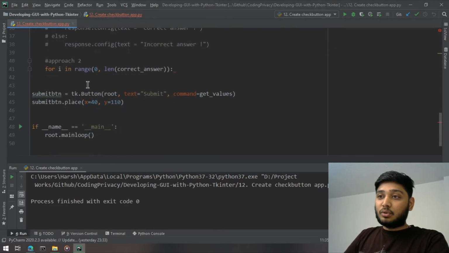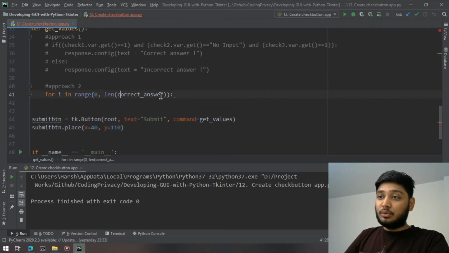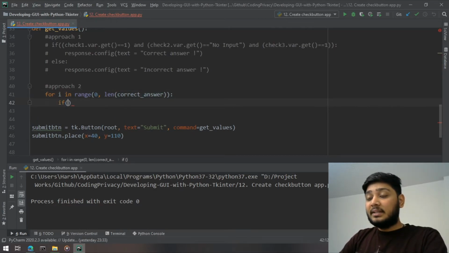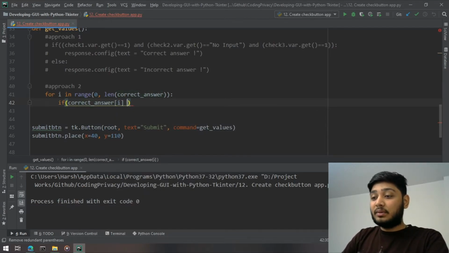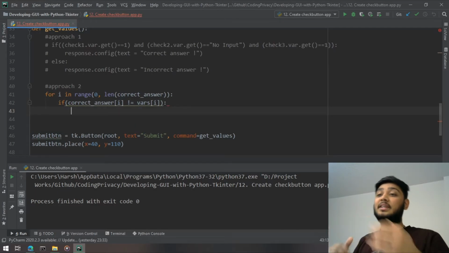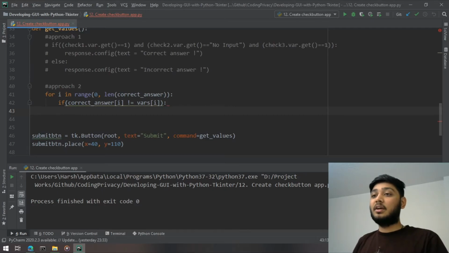While it's going from 0 to 2, if the correct answer's ith value is not equal to the where's ith value, we put the negation condition, because if both list values at the same index are equal, then it's a correct answer.